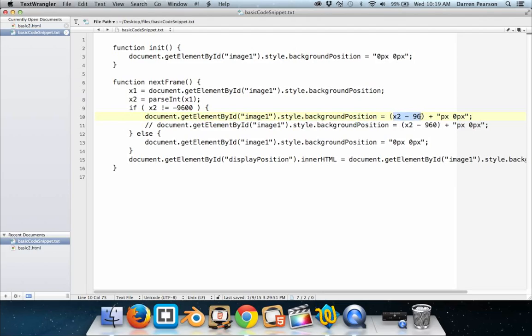Basically, this is going to move it along the horizontal. So we're going to take the original value and subtract 96 from it, and then make that pixels. And then we're not going to move him up and down here. Now I've commented out this line right here, and I'll explain why we wanted to do that. So this is more of kind of a demonstration. So if, and then otherwise, if this isn't true, then we're going to set the background position back to 0,